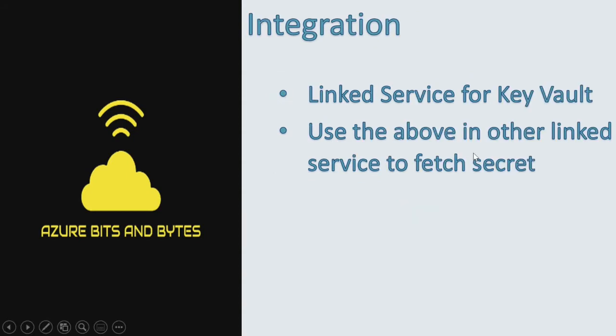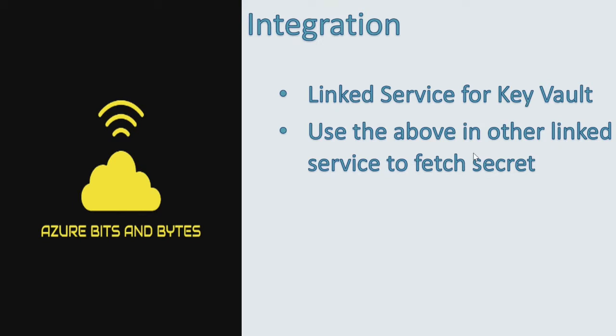Now, putting it in another perspective, let's say that you want to pull certain data from a storage account, and that too using Azure Data Factory. So you can actually define your linked services in two different manners. Because I'm pulling data from a storage account, I will create a linked service to the storage account and then I may persist the access key to authenticate to the storage account. Second, I will not persist it anywhere in the storage account linked service, but I will create a linked service to the Key Vault. And then when I create a linked service to the storage account, I will actually pull it from the Key Vault secret. Instead of persisting, I will pull it at runtime from the Key Vault linked service.